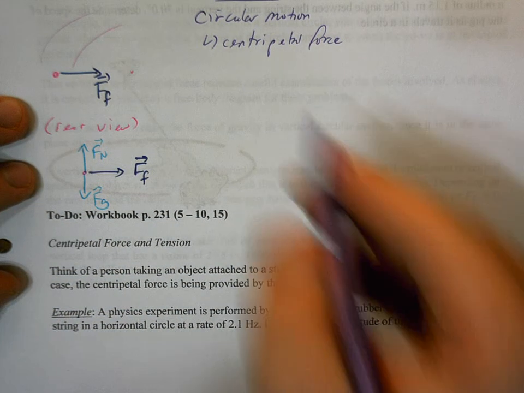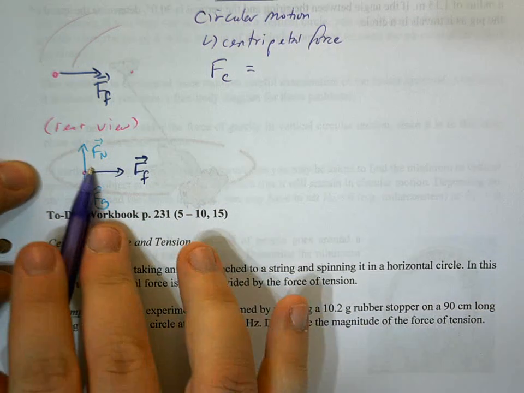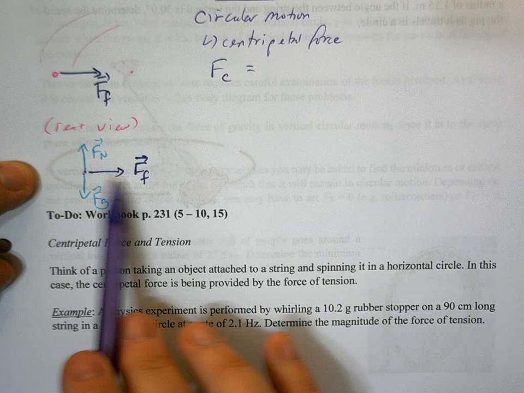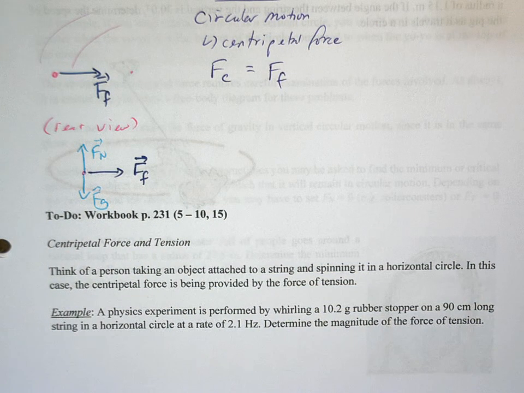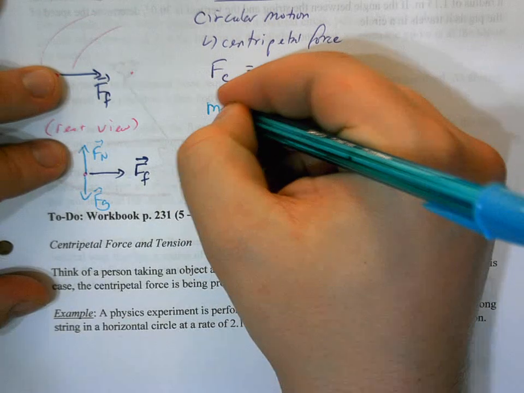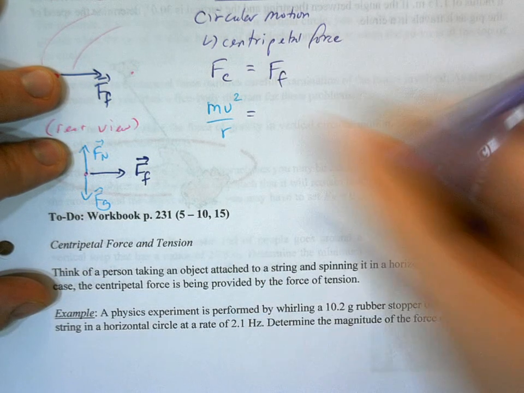So the net force, or the centripetal force, acting in this x direction, or acting in the plane of the circle, the only thing acting in the plane of the circle is this force of friction. That's all we can put there. Now we have definitions. We know centripetal force is mv squared over r, and we know the force of friction